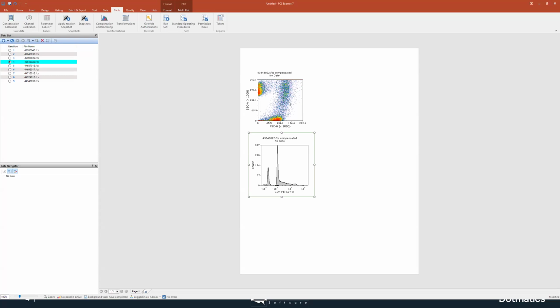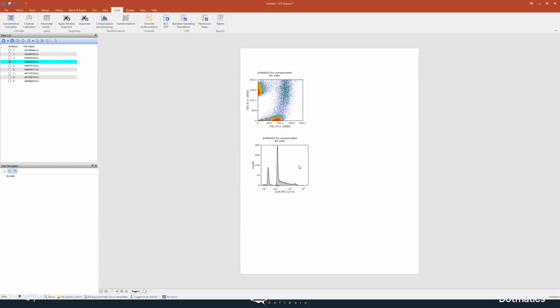If you have a current installation of FCS Express and you update to 7.24, you will not immediately get these added to your defaults. That's because we never tell people that they have to update or change their defaults, because I know a lot of clinical laboratories and validated laboratories have their user options set very specifically to what they need them to be. And so we would never want a new version to come in and upset the apple cart